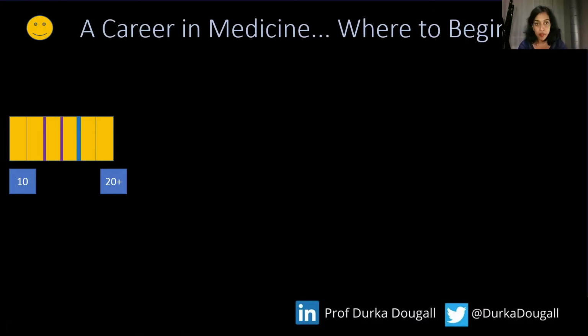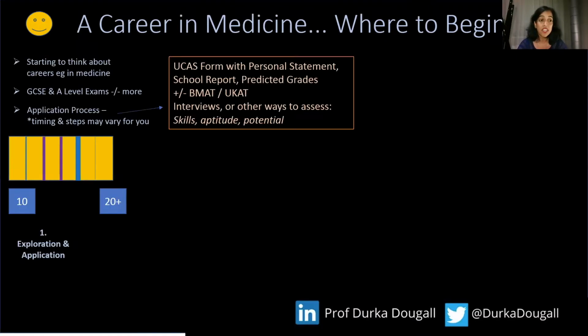That first purple line is GCSEs and the second one is A levels. By the time you get to the blue bar, that's probably the first entry point, so after your A levels, in terms of starting the medical training. So in order to get in at that point, what you would need to do actually starts before that. So at the very least, you would have started thinking about a career in medicine. You would have started preparing your GCSEs and A-level exams, and there are quite high exam entry grades that you